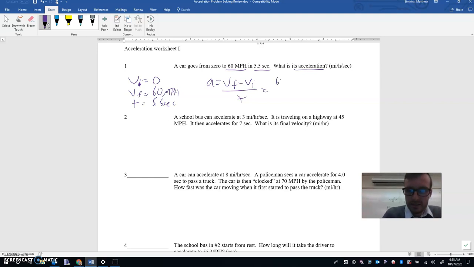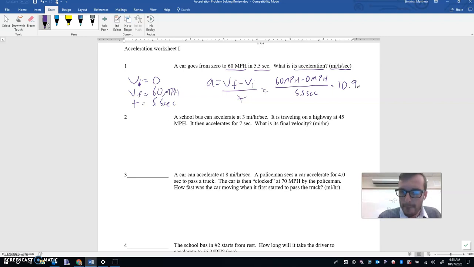Our final velocity is 60 miles per hour. Our initial velocity is 0 miles per hour. And our time is 5.5 seconds. So our final answer here in miles per hour per second, basically how much is our speed changing every second that we go. If we do 60 divided by 5.5, we'll make our way to our answer. So 60 divided by 5.5 gets us